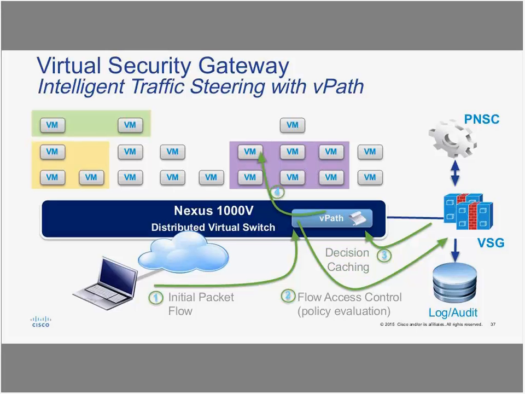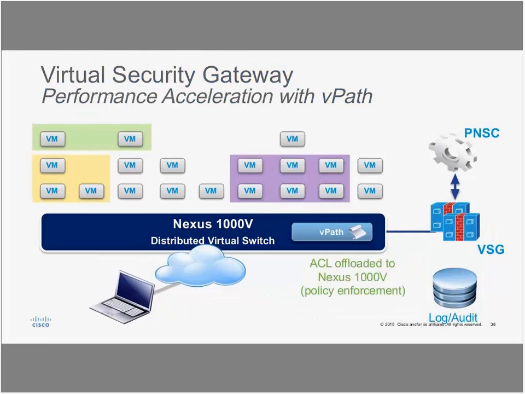At this point, vPath will forward the traffic to the specific VM, and it will also configure your VEM module with the table for this connection. So any further traffic coming from the same laptop for the same connection going to the same VM will bypass the VSG and go through the vPath. Because now the connection table has been configured on the VEM, there is no further need for the VSG. So only the first packet of the flow needs to go to the VSG, and the other packets continue to flow to the same VM without the involvement of VSG at that point.